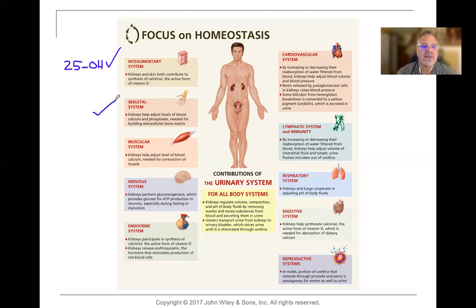Let's look at the skeletal system. And the kidneys help to adjust the level of blood calcium and phosphate needed to build the extracellular matrix of bone. Calcium makes up a certain percentage of the bone. Collagen makes up about a third of the bone. So the ECM, the extracellular matrix, we need kidneys to help adjust the level of blood calcium levels,